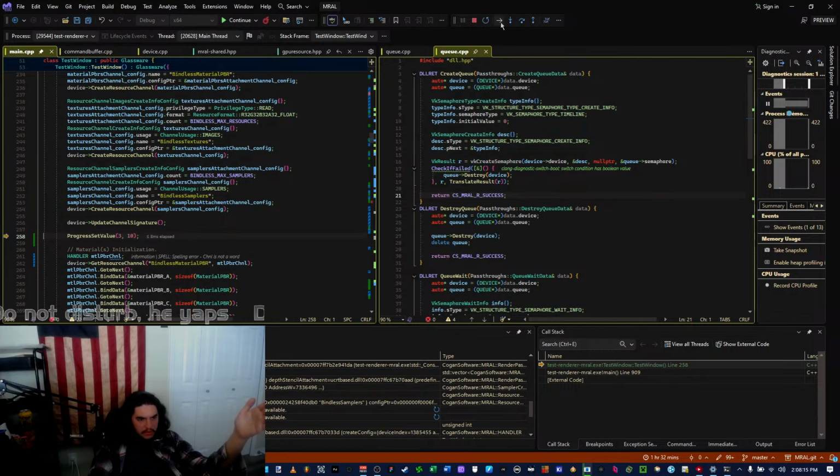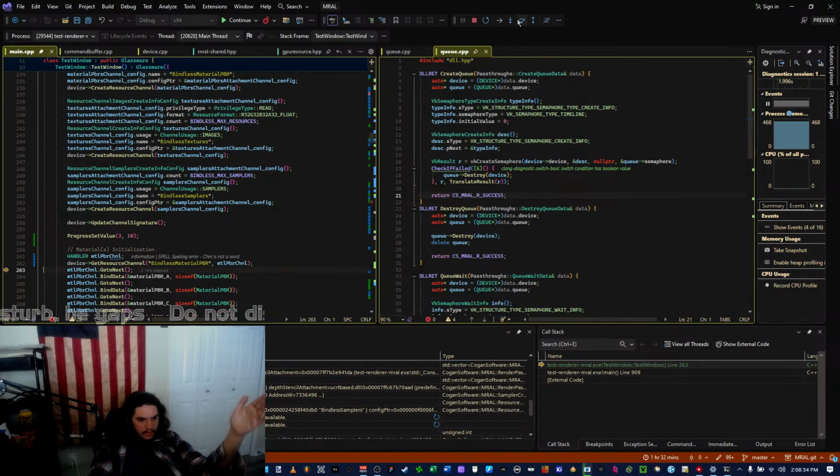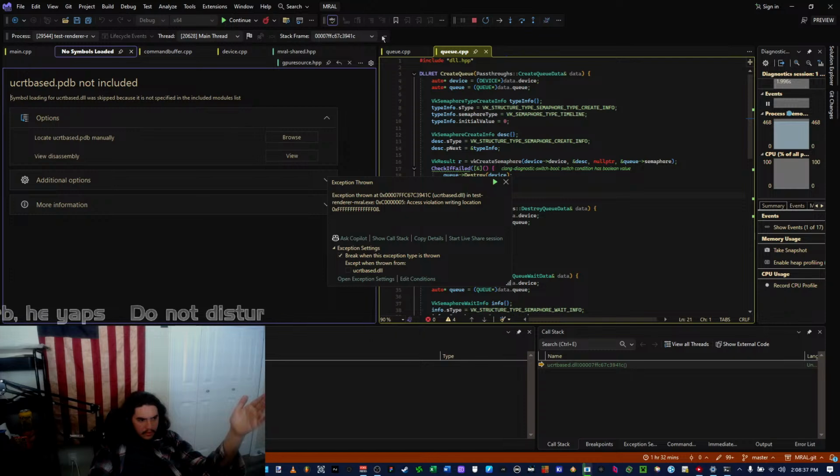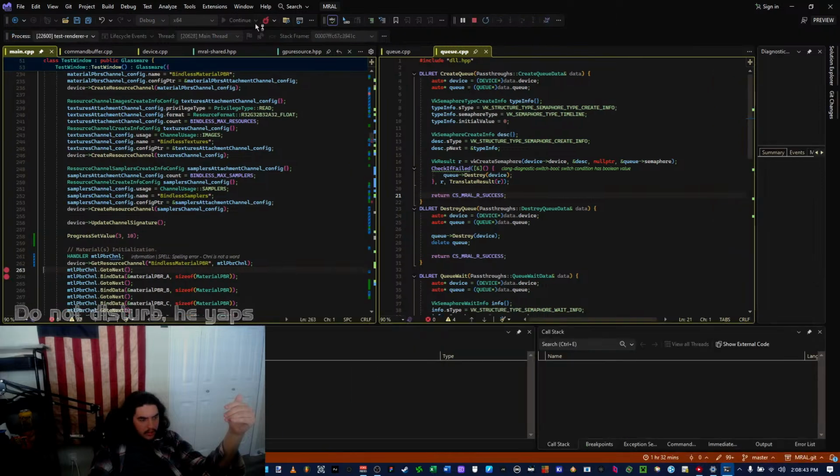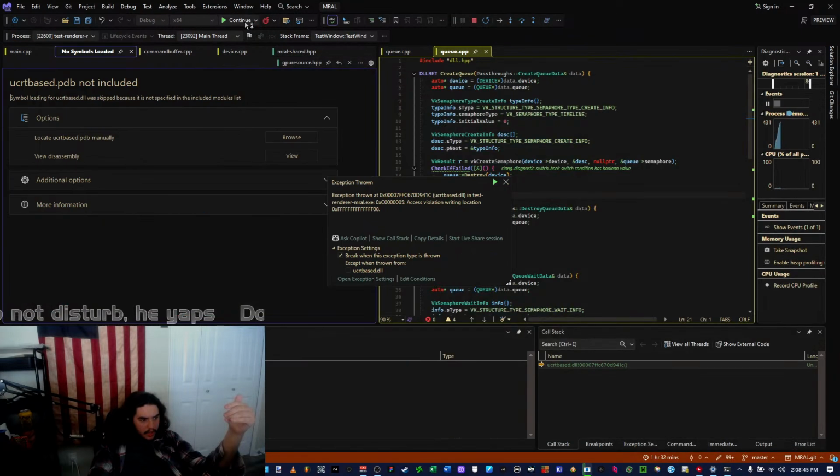It doesn't give me a call stack when it hits that error. Okay. It erred on this. Oh, it errors on the handler.